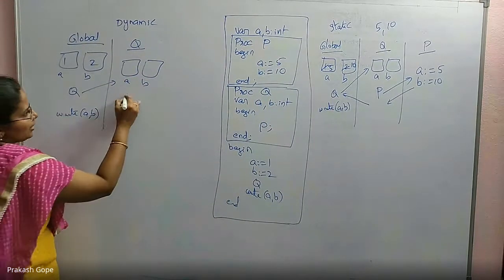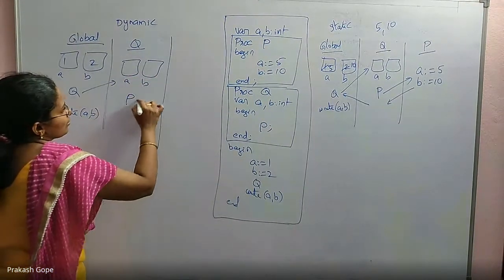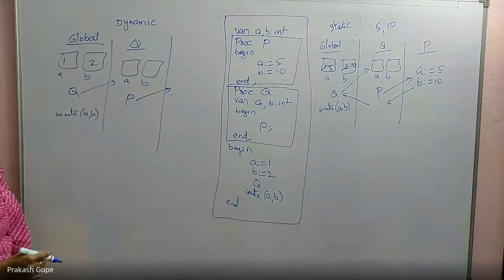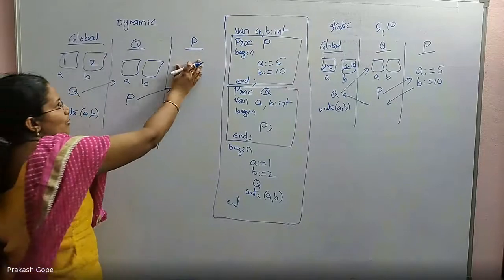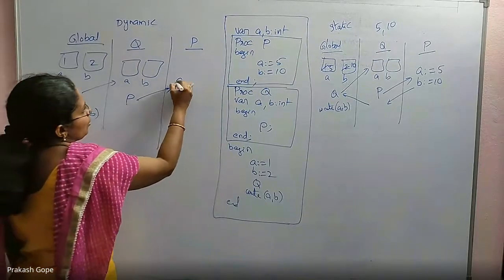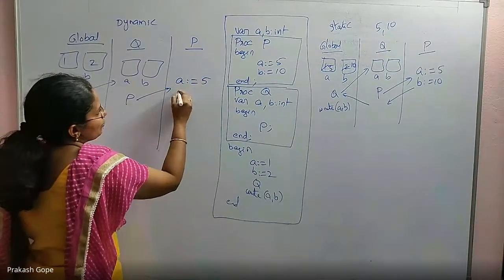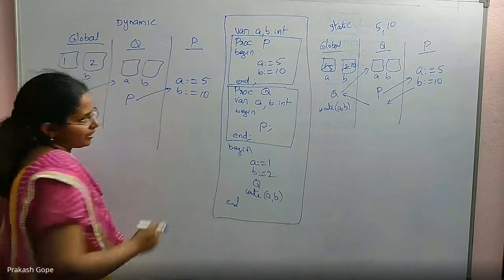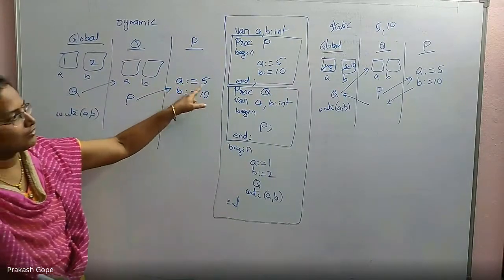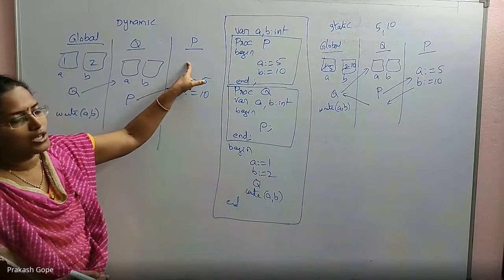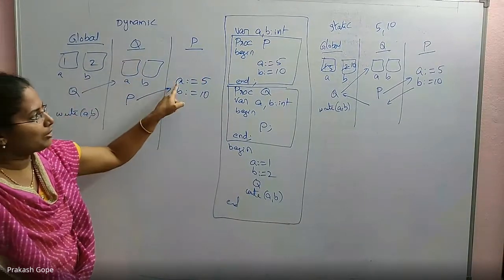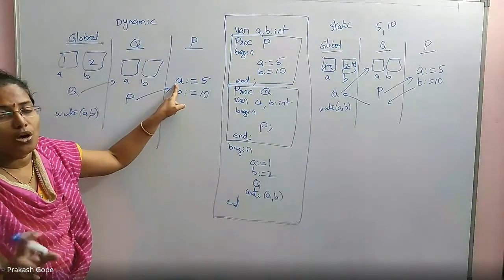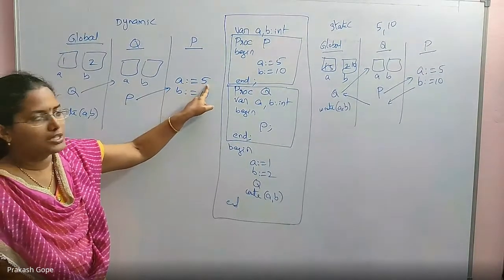They are not initialized. They are just declared, and then there is a procedure called P. So jump to P's environment, in which there are no formal parameters and no local variables. Only two lines: A equal to 5 and B equal to 10. When I want to assign value 5 to A, there is no locally declared A. Dynamic scope says its calling environment's A must be assigned with 5.